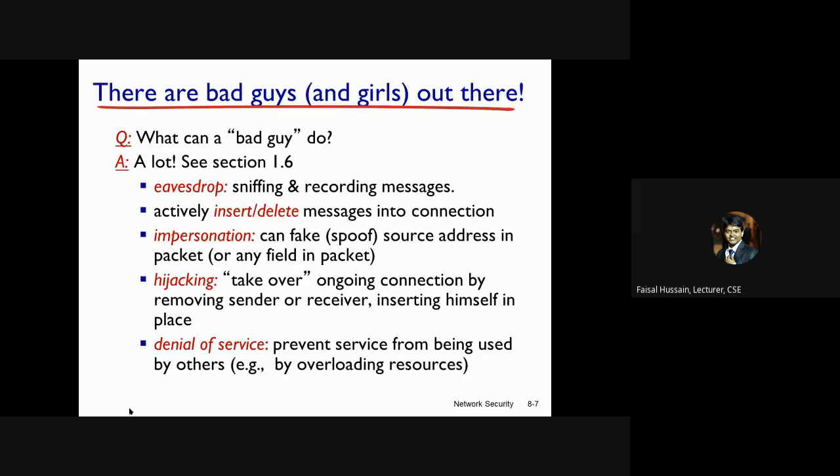So what a bad guy can do is eavesdrop, listen to a message which is confidential. Impersonation, that means the authentication was not fully done or incorrectly done. Then actively inserting data, so the integrity of the message will be compromised. Then hijacking, just taking over the connection. It's like impersonation, but in this case, assuming that they were in the communication, you are hijacking